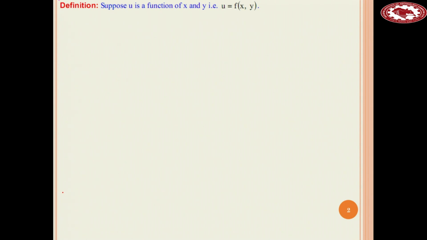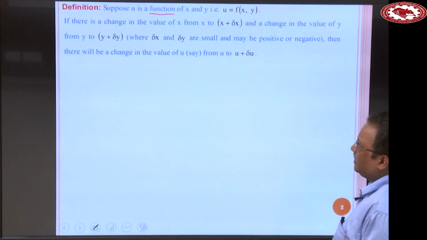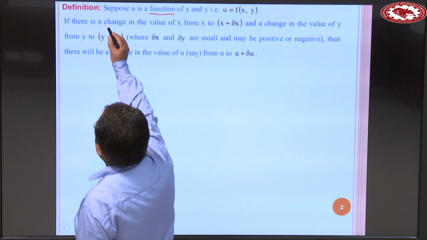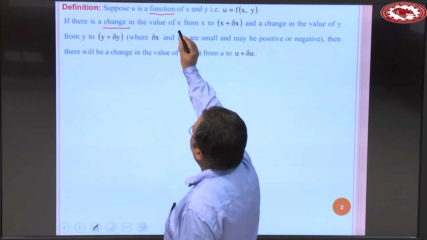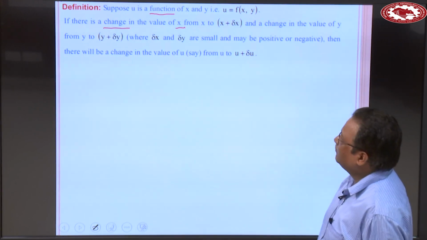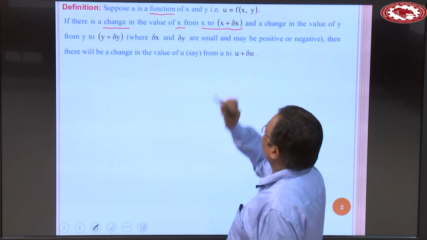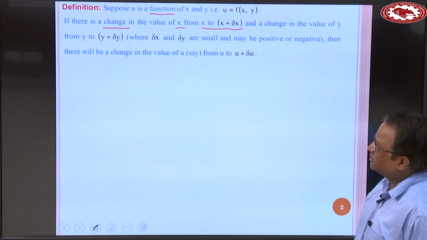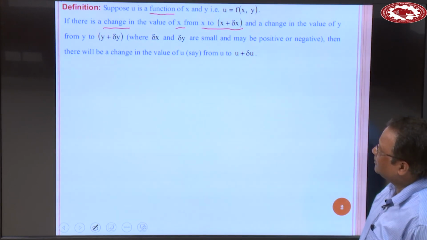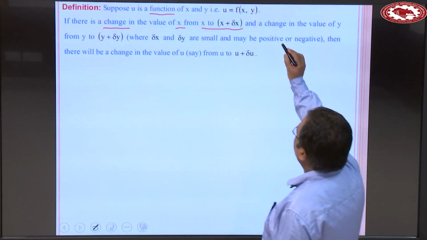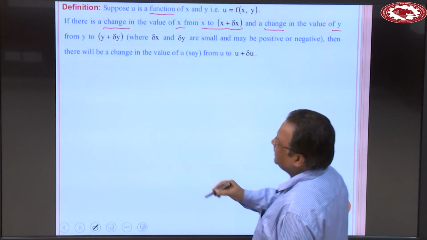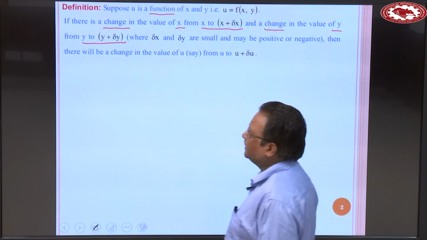Suppose u is a function of x and y. This means we can represent u is equal to f of x and y. If there is a change in the value of x from x to x plus delta x, and a change in the value of y from y to y plus delta y,